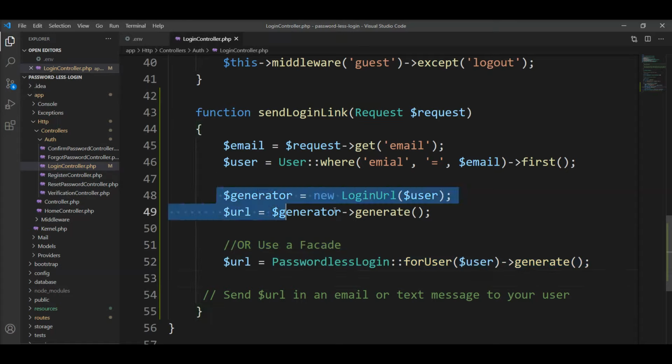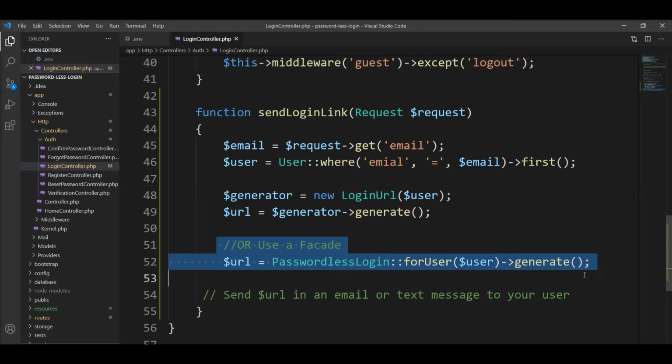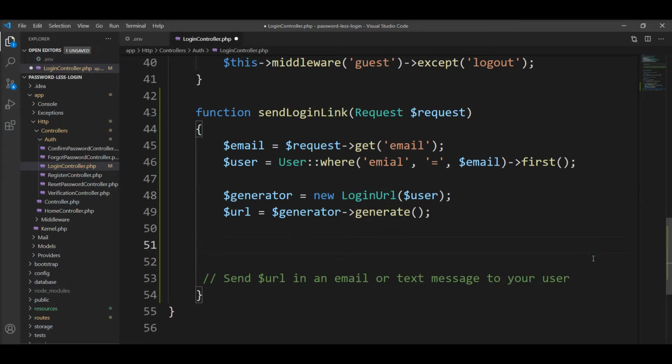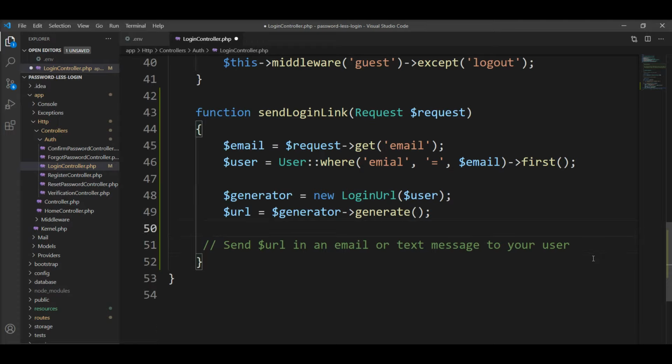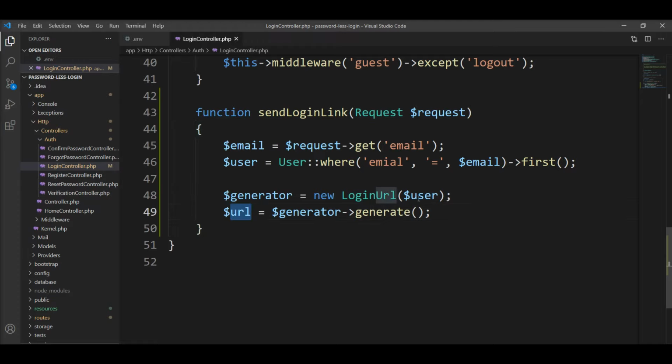Right now I'm going to generate the URL using the generator instance, which is created with the login URL class. So let me remove this because we don't need this one anymore. Now I need to create one mailable for sending this URL